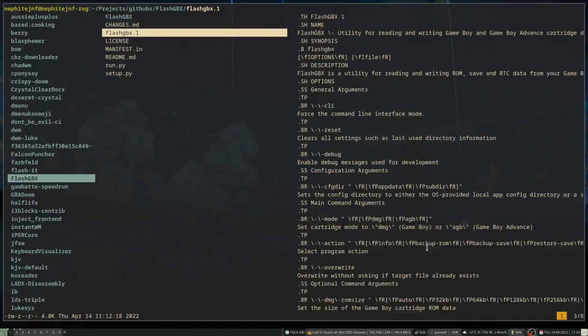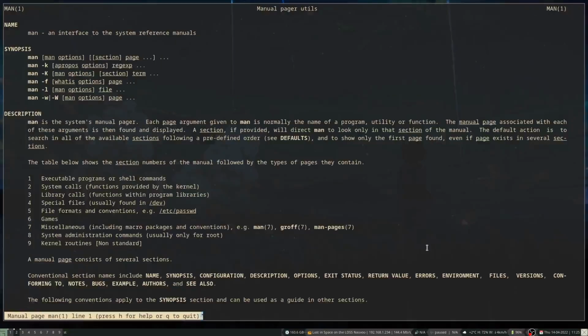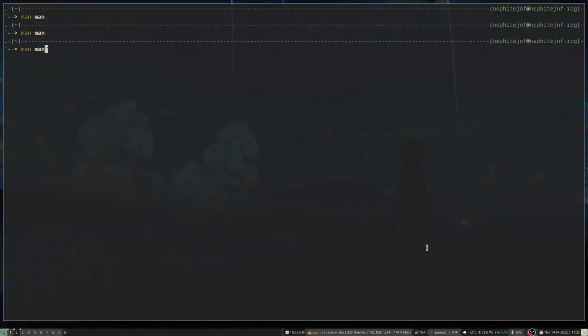But the point is, I was looking around to see what really goes into it. I know what they look like at the end, and I vaguely know groff is generally used for writing a man page, but what information in essence makes a man page? And so if you, just like I did here, type man,